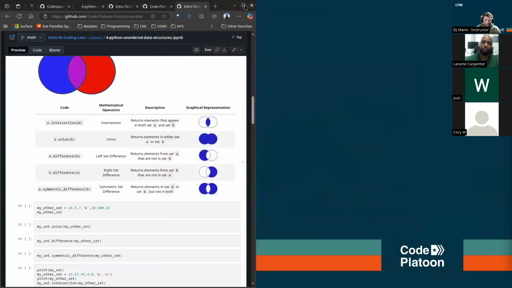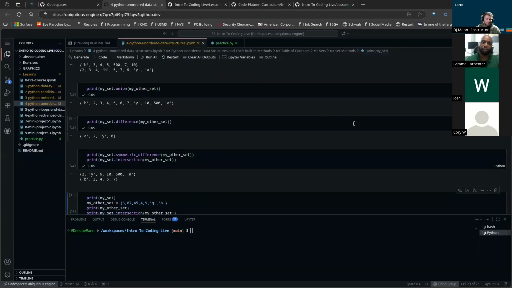There we go. That's one of the cornerstones of programming: practice. Just get your hands into it, play with the stuff, and see what's going on. Yeah. And the graphics are kind of helpful, but